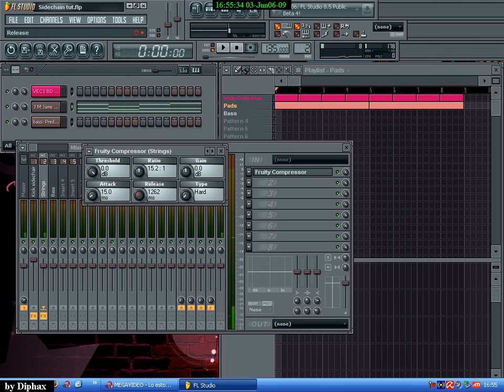The longer you put the release here, the longer the sound will be compressed. If you have a short release, the sound is compressed and goes back to the normal volume again. When it's compressed, the volume is reduced, and if the release is higher, it will stay at that lower volume for longer. If the release is lower, the sound is compressed and then goes back faster. So you can see here, if I'm increasing the release, the volume stays lower for a longer time, and if I'm reducing it,